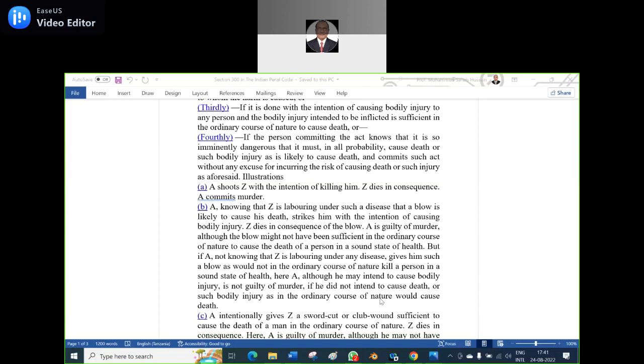Is it clear? In general, that blow will not be sufficient in the ordinary course for an ordinary, sound-bodied person. Did you follow my point? Yes, sir. The question is the consequences, whether he knows it. In the ordinary course, that blow is not sufficient to cause the death of a person. And if you use the leg, you say it is a